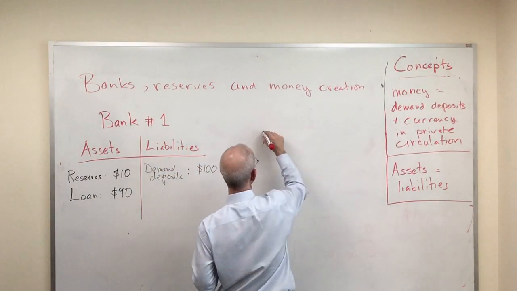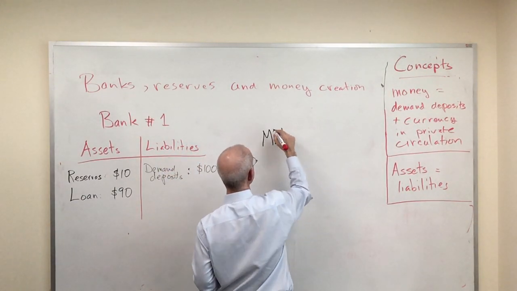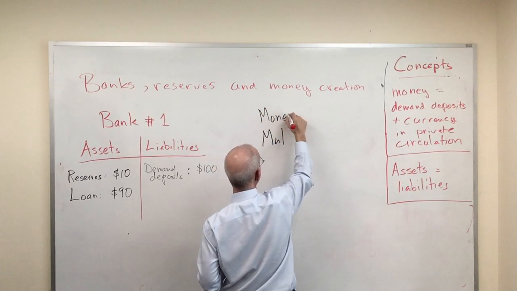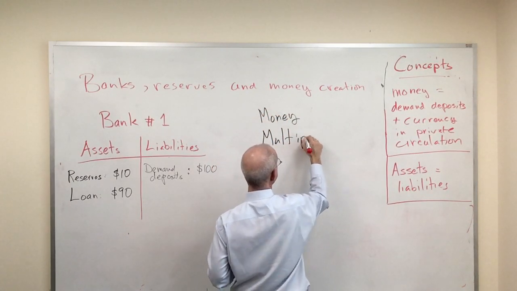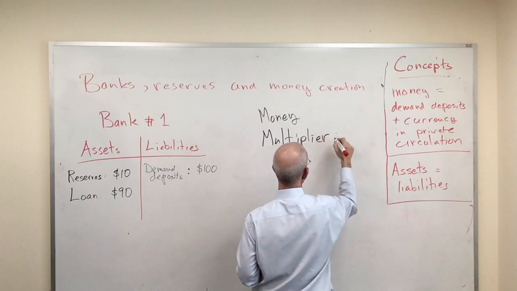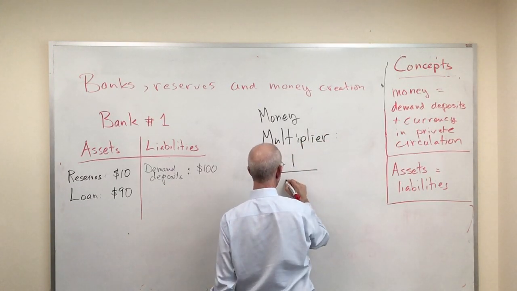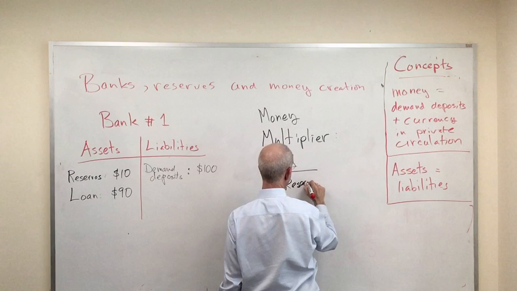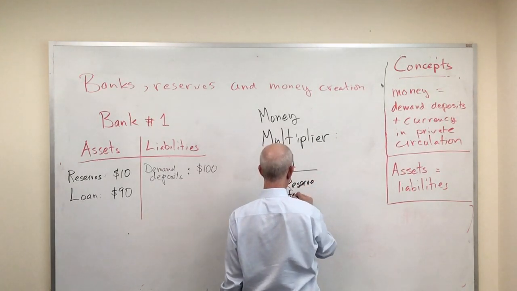And the idea that really links this is what's called the Money Multiplier. That's 1 over the reserve fraction